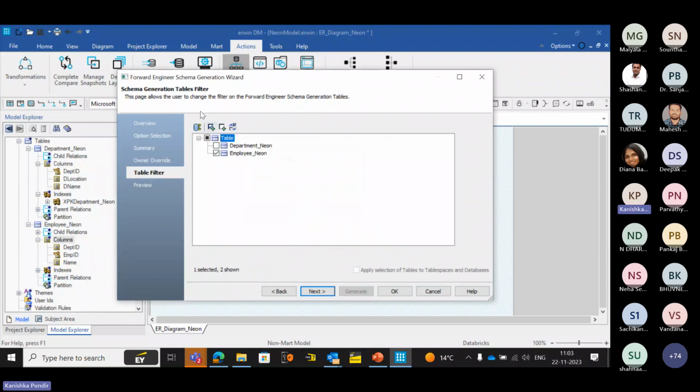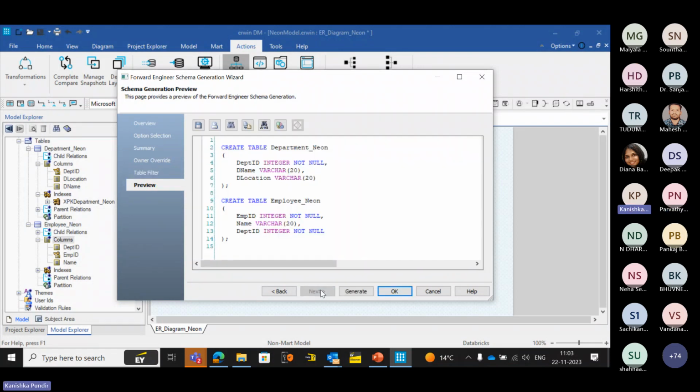So I have selected one entity from the diagram. That is why it showed me this pop-up. If I select both the entities, it will generate the SQL script for the database for both of them. See, this is the SQL script that is generated,